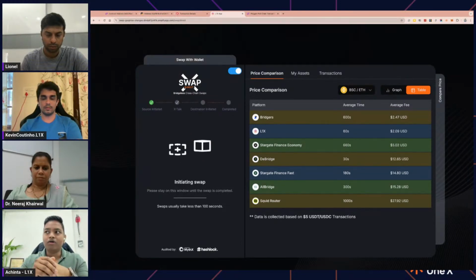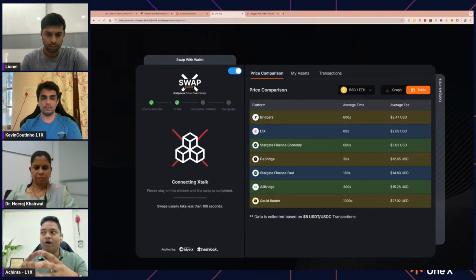Somehow an RPC error may occur, or there may be some other reason the RPC is not working. We have a bucket of RPCs that take care of your transaction first. And whenever an RPC picks your transaction and triggers the xstop node, the xstop node also encapsulates your transactions, wraps them, and sends them to the destination chain.